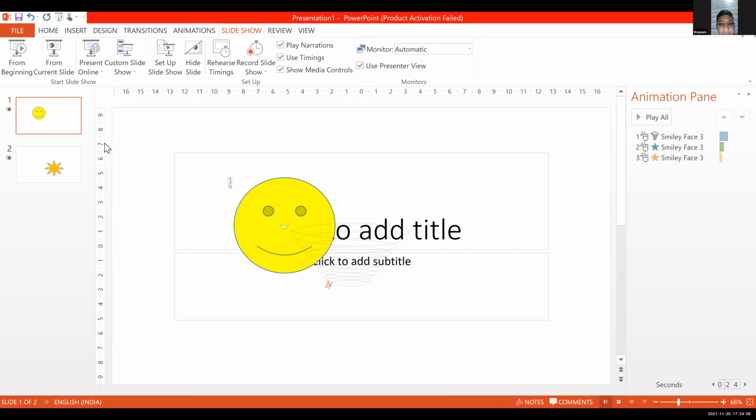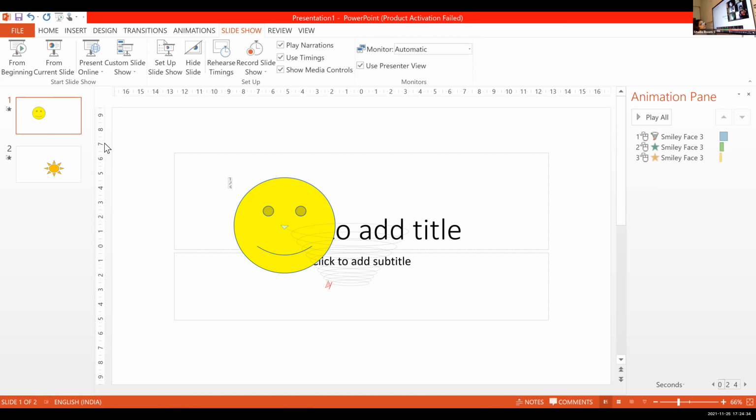If I want to insert shapes, Shapes. Okay. From here, which shape do you want? This one is okay. My smiley. Is it okay? Okay.